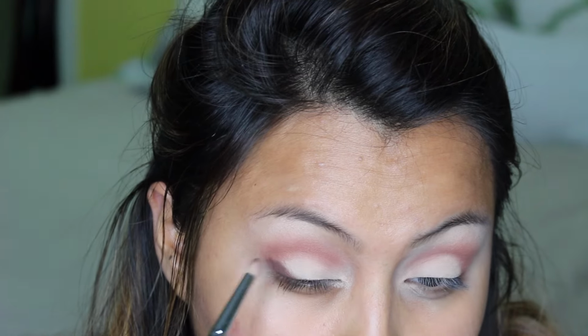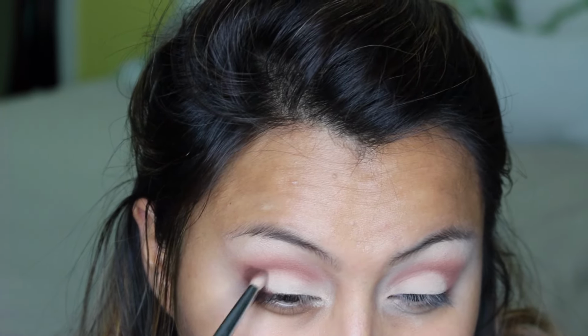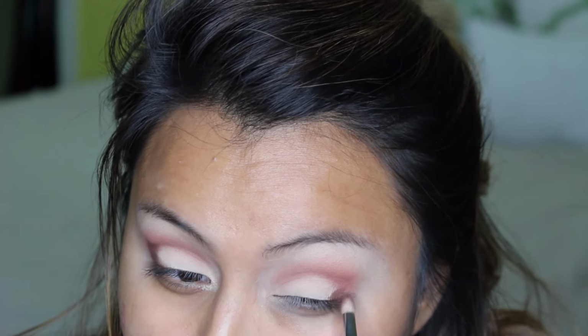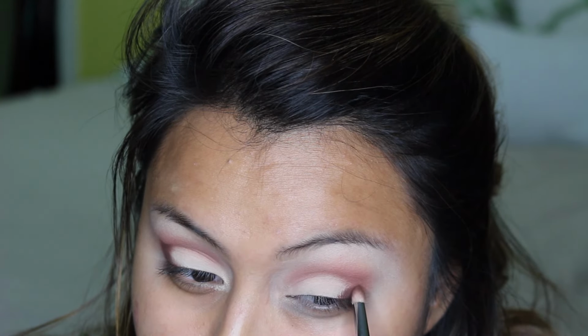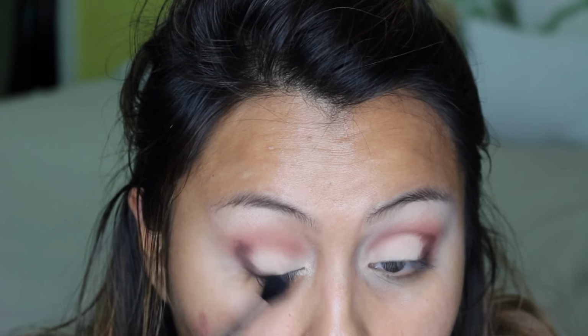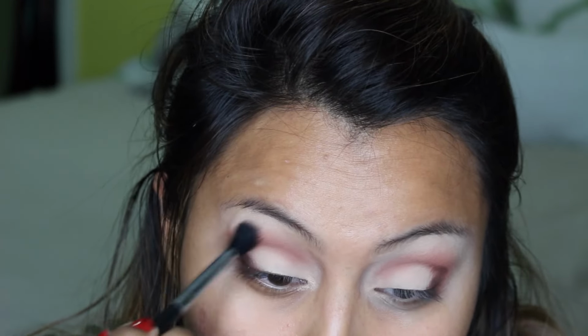I'm bringing the brown in a little bit more than I usually would, because later on in the video you guys will see that I'm going to be using brown liner as my eyeliner, and so I'm going to make that blend with the outer corner. But yeah, I'm applying that in a V-shaped form, and then I'm going to